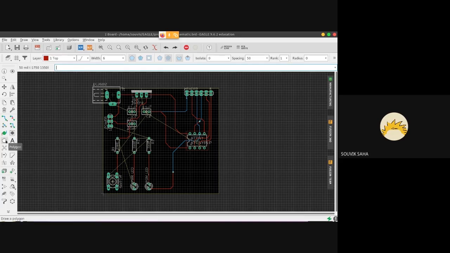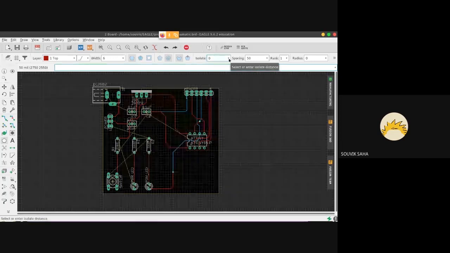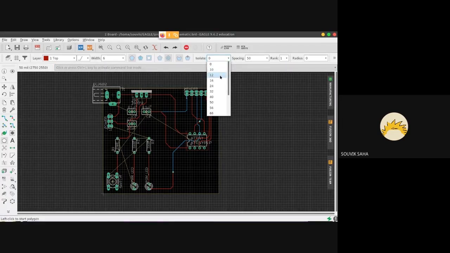Select polygon and ensure these settings are there over here. Solid, thermals on, and drop orphans. And keep an isolate distance of around 12, I guess.